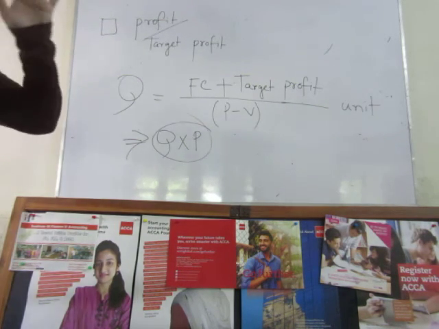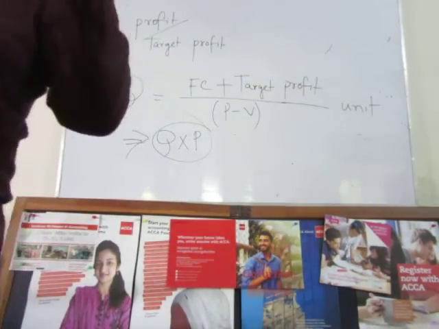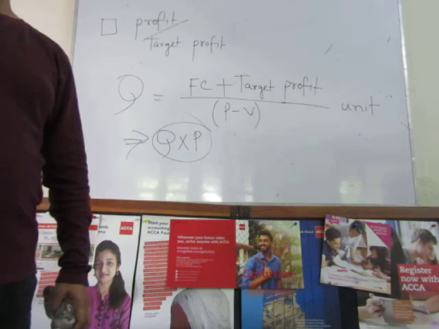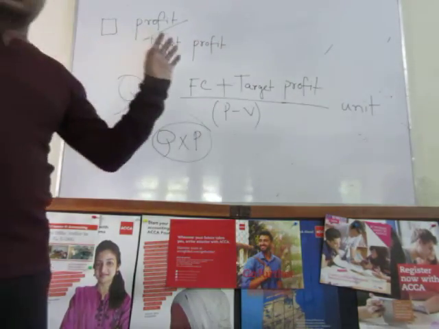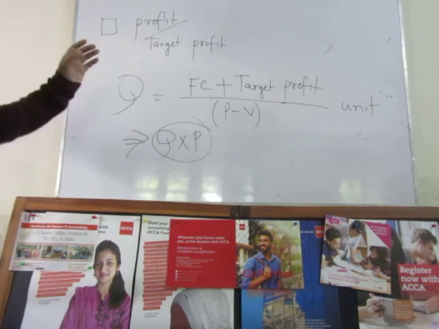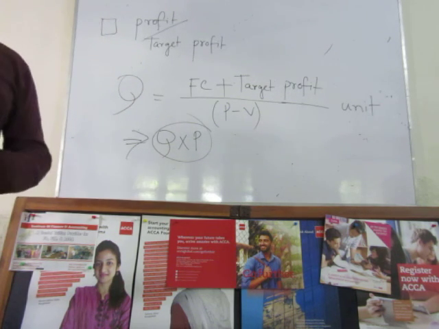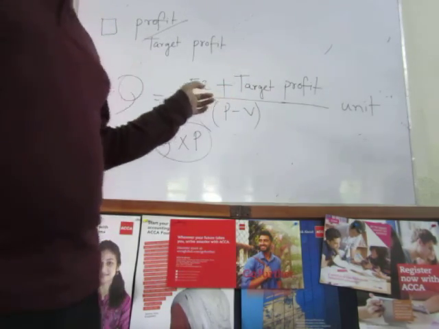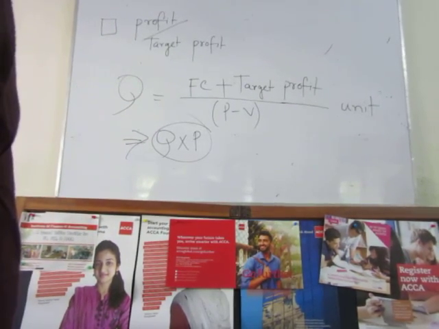So it is a short chapter and everything is conceptual. If you are very much clear about building the relationship between these components, then any kind of question is much easier to go through. When you are facing a problem related to any kind of question on CVP analysis, first try to find out which components are provided. Write them down, and try to make the relationship to find the answer. Clear? Focus on the relationship, then. Understood? This was about CVP analysis. Okay, thank you. Now the class